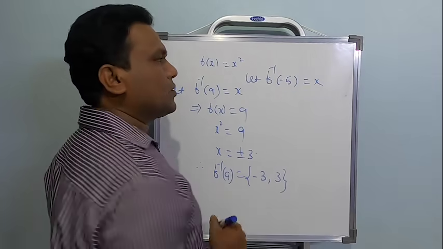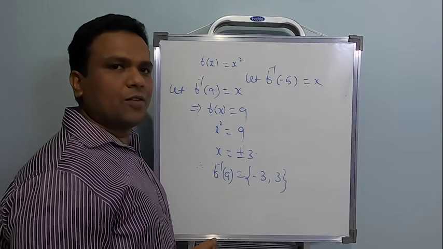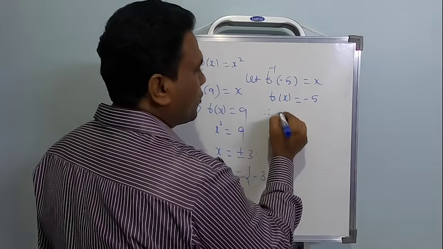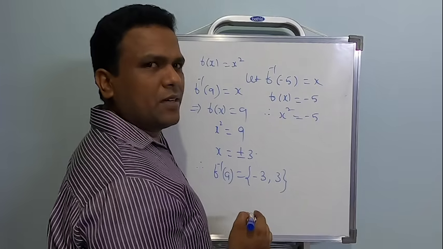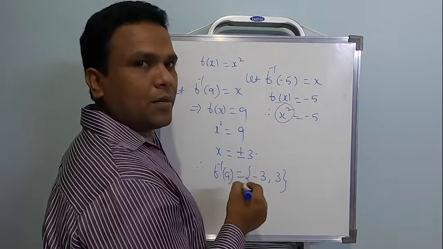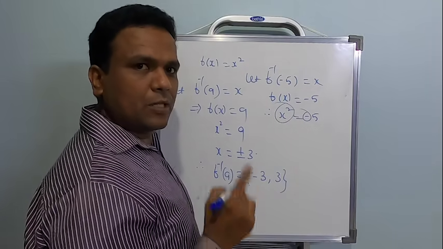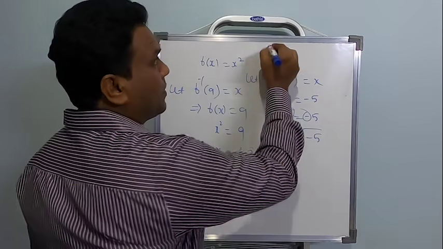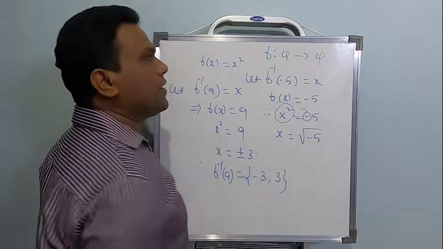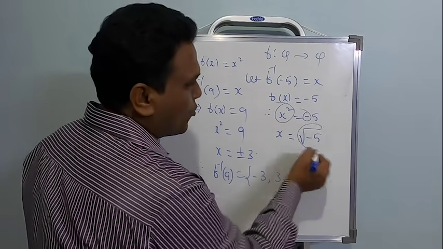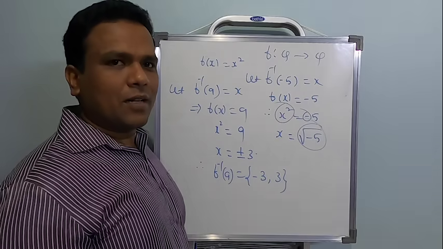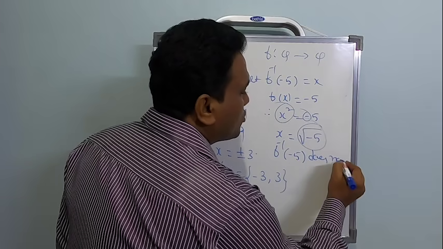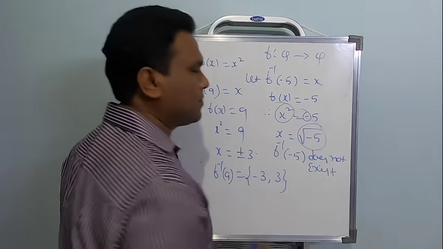I don't know it once again, so let's consider f inverse of minus 5 equal to x. Therefore f of x equal to minus 5. Therefore x square equal to minus 5. Just think practically. You're squaring some number, and can it be negative? That's one way of checking. The other way, x equal to square root of minus 5. But remember, f was defined from rational numbers to rational numbers. And what is root of minus 5? Root of minus 5 is not a rational number. Then we will say that f inverse of minus 5 does not exist at all.